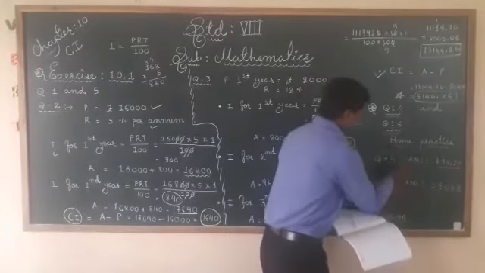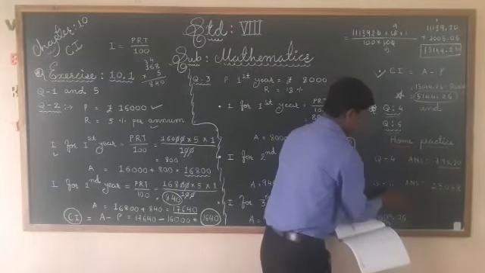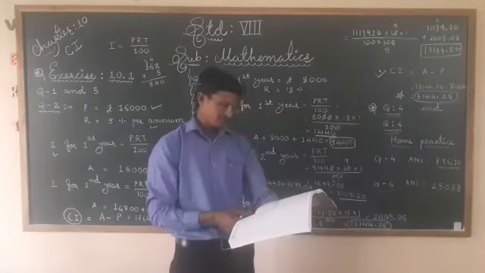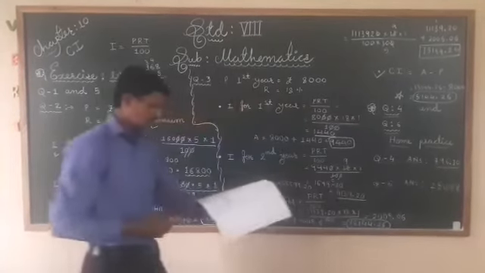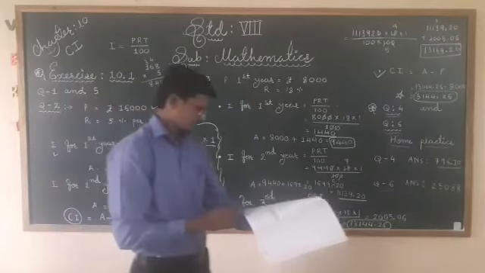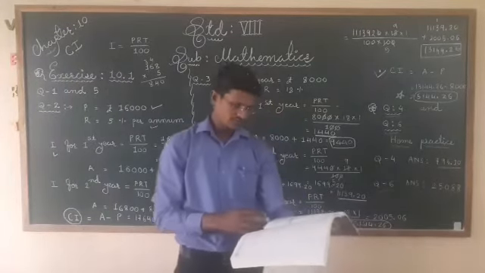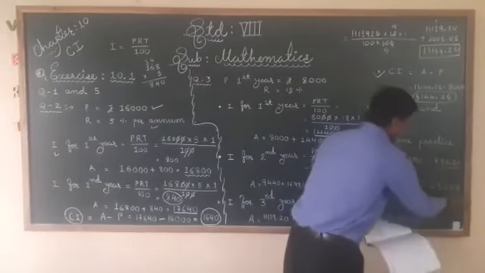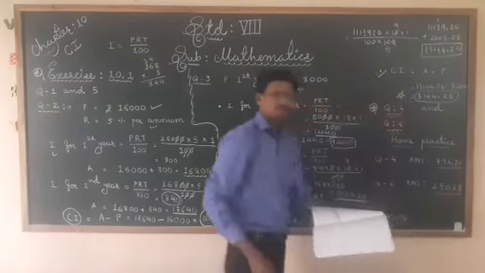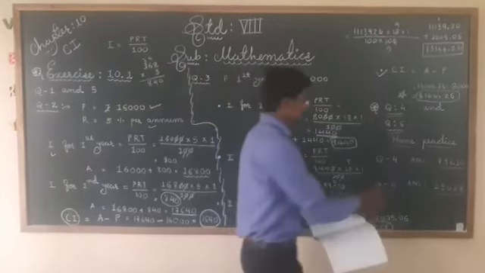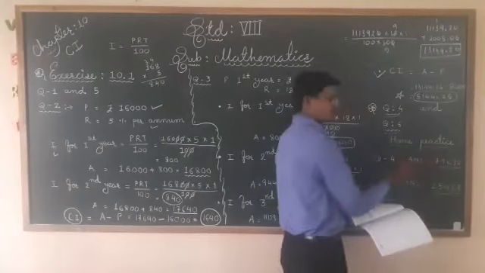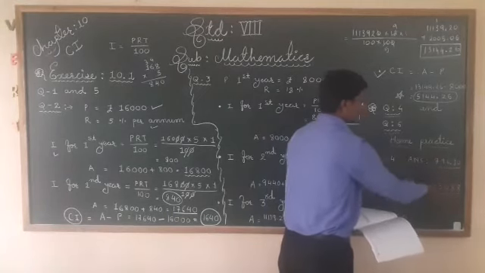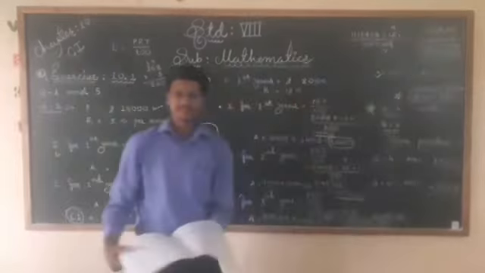And question number 6. The same method, very easy. For 2 years, we have to follow the same method. 12% is given, and a loan of rupees 20,000. So at the end you will get the total amount, that is 25,088 rupees. That is the answer of question number 6. So question number 4 and question number 6, you will do both as home practice. Answers are here.